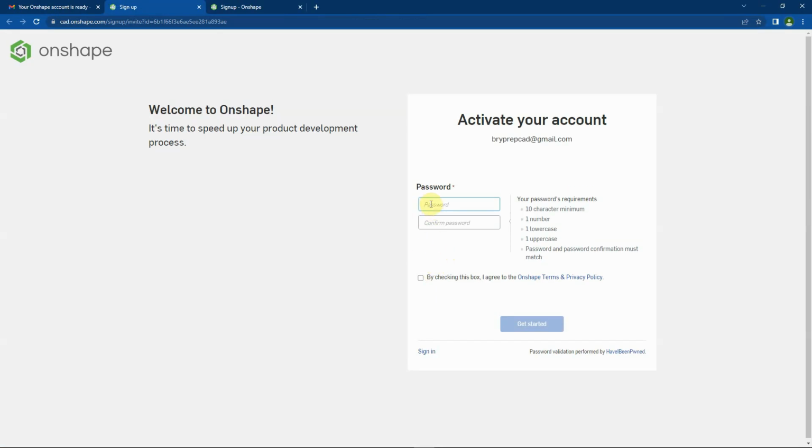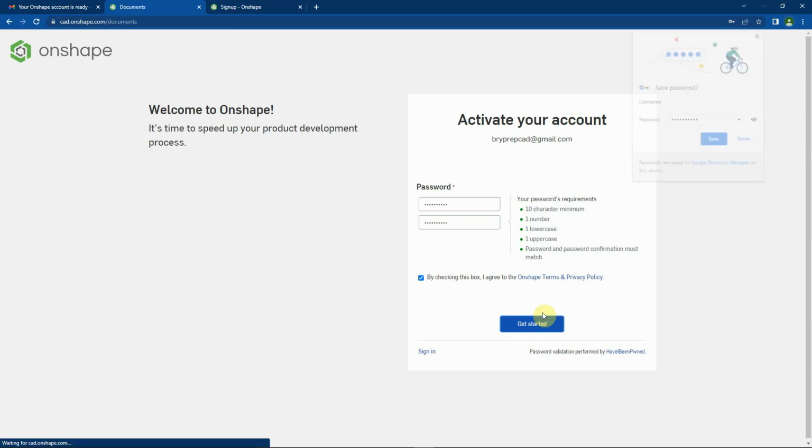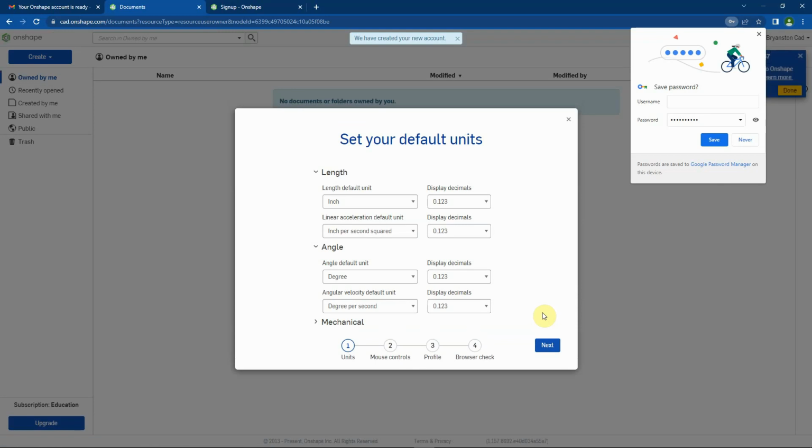So on here I can set up my own password. So I'm going to type in a password and then confirm the password. Ooh, mistyped it. Try again. Now I would suggest for your students that they perhaps use the same password that they use to log in onto their account at school, so they're not going to forget it. Okay,